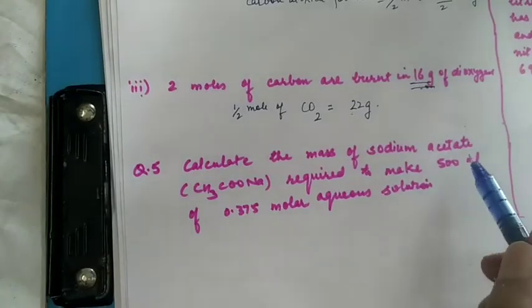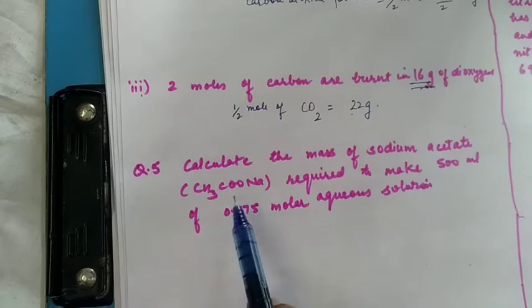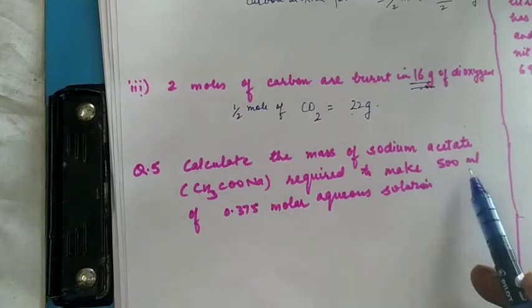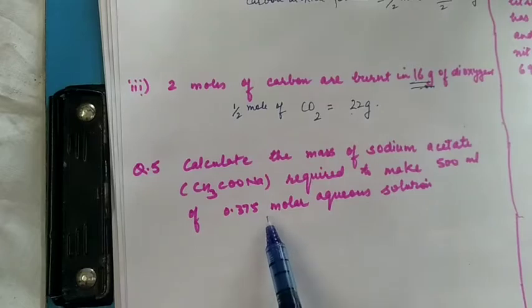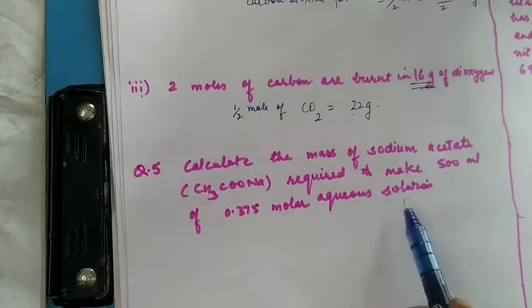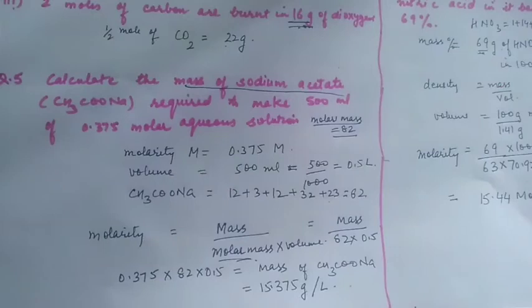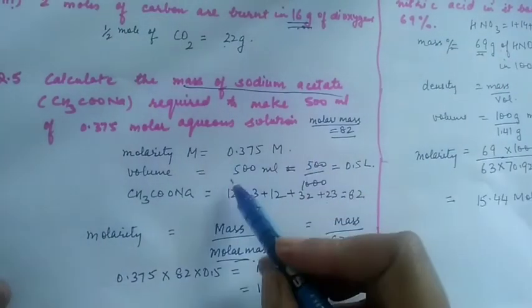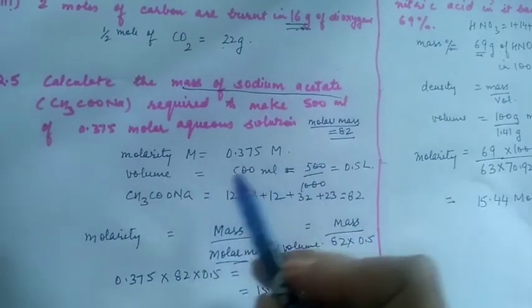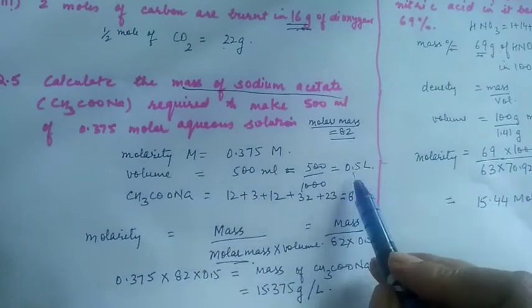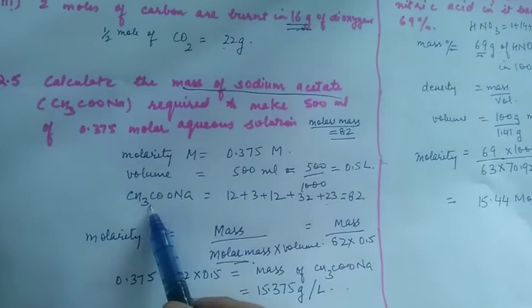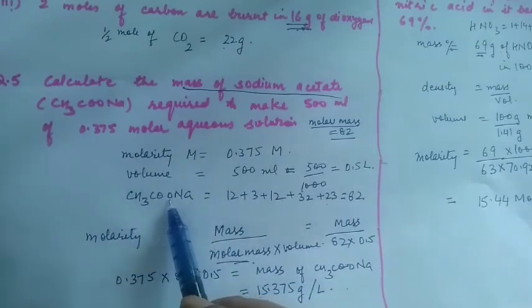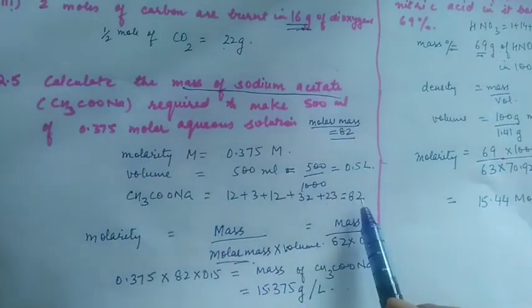Calculate the mass of sodium acetate required to make 500 ml of 0.375 molar aqueous solution. So molarity is 0.375 molar, volume is 500 ml is equal to 0.5 liter. The molecular mass of sodium acetate will be 12 plus 3 plus 12 plus 32 plus 23 is equal to